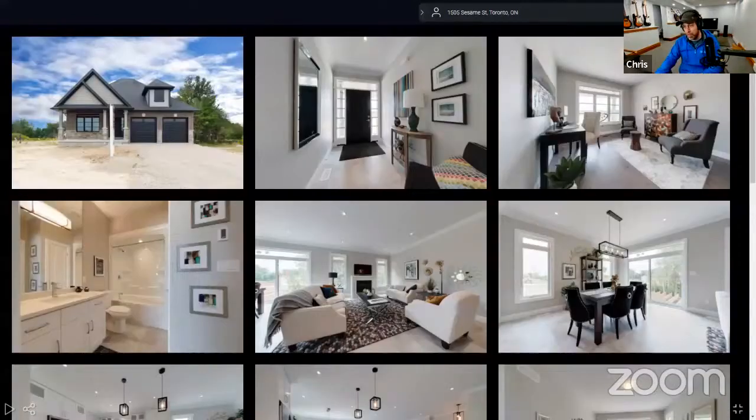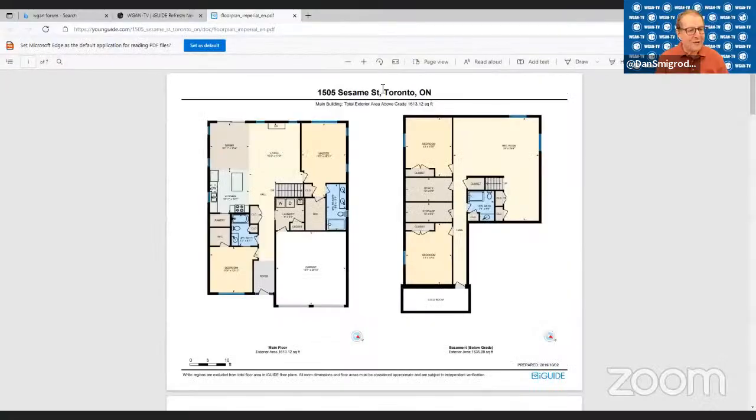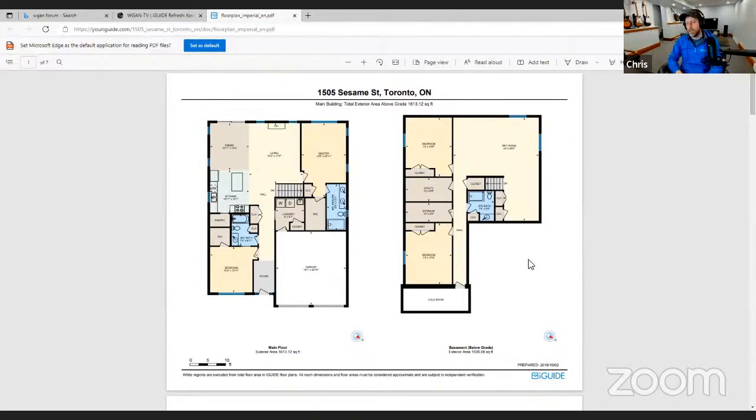But on the next tab, the details tab, we have arguably the most important information in the whole tour. The reason I say that is that this particular screen doesn't get enough credit, because a lot of the information here is critically important. And this will segue really well into our ANSI discussion later. Would you mind doing the download of the PDF so that we can see it? Yep, there you go. We're looking at that because all the measurements that are listed in the iGuide are actually coming from these floor plans. That's correct.